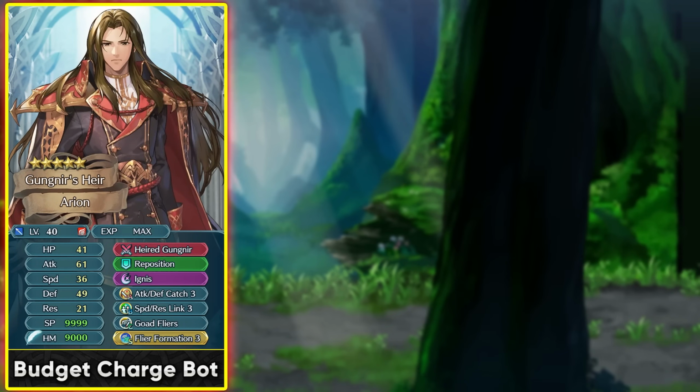If you're going to be upgrading him and just using him at Unmerged, then he can just be the charge bot for your flying teams, and he can run speed resistance link and have reposition at the same time so that he can buff up all stats of your flying allies and also provide them even more support with something like goat flyers. And for the mobility, you could run flyer formation if you want to, but he can even run attack defense catch 3 in the Sacred Seal so that he can have better combat. So this is the budget Arion build that he can run if you don't really want to invest in him